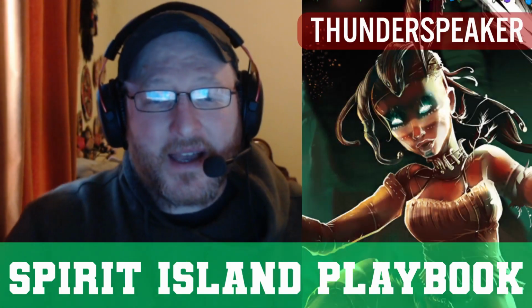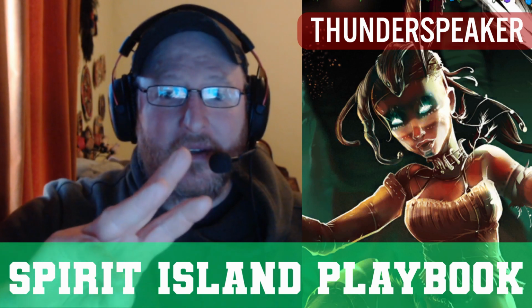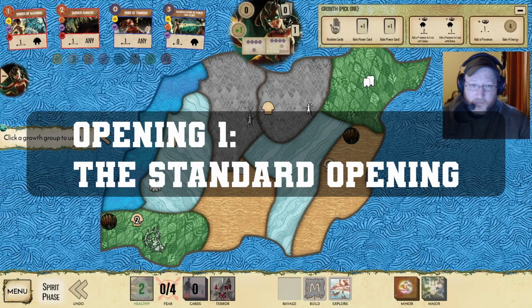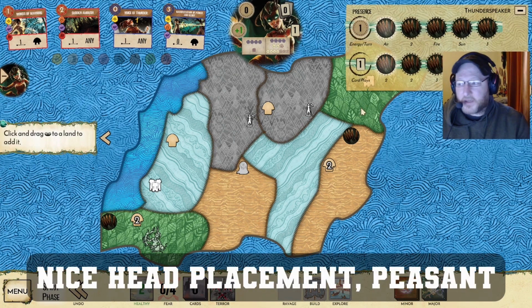Hello there, I'm Peasant, and in this Spirit Island Playbook, I'm going to be taking a look at 3 openings for Thunderspeaker. Okay, so this first opening is probably what most people think of as the standard Thunderspeaker opening. So what we'll be doing is turn 1, 4 energy plus a presence from the bottom track to get that second play,